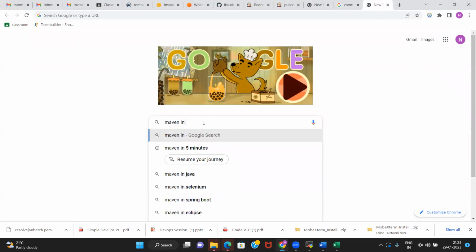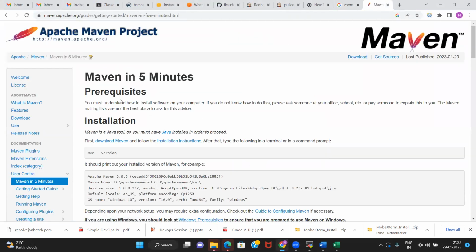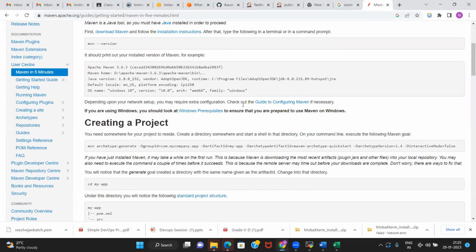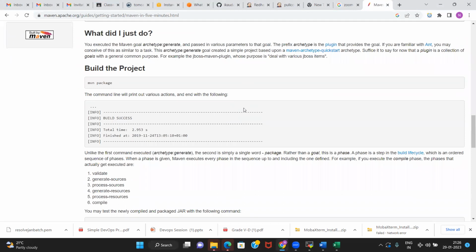There is a resource called Maven in 5 Minutes, and there you will get some detail on that. We will talk about Maven in detail later on as well.